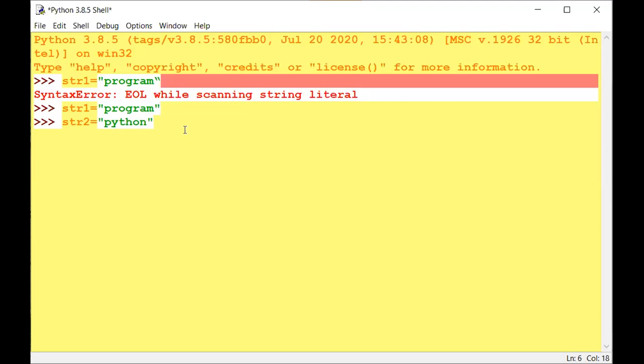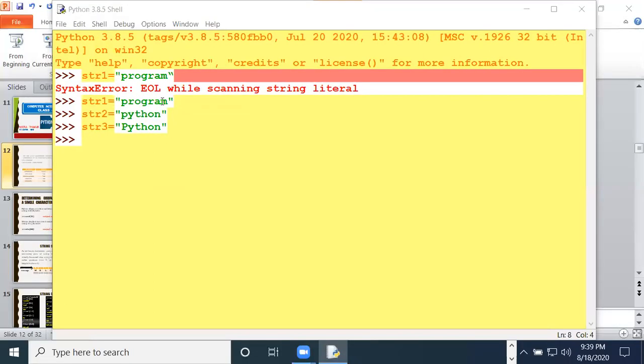So this is another string. I am writing string 1, string 2, string 3. See, the first is program, and the others are Python in small case and Python with P as a capital.